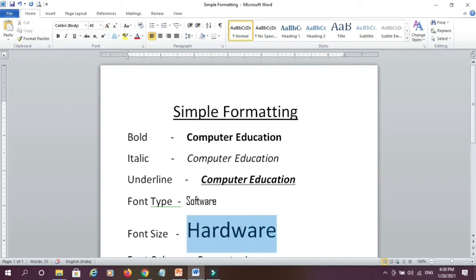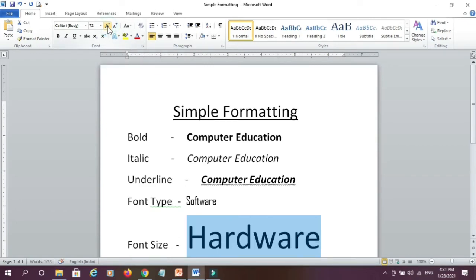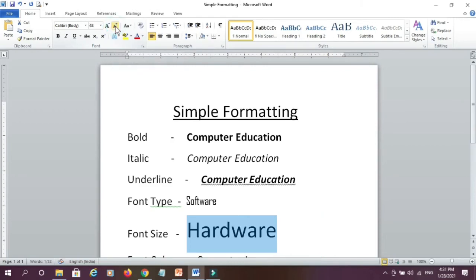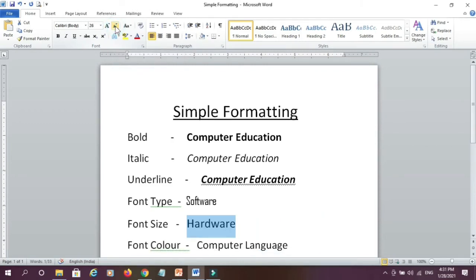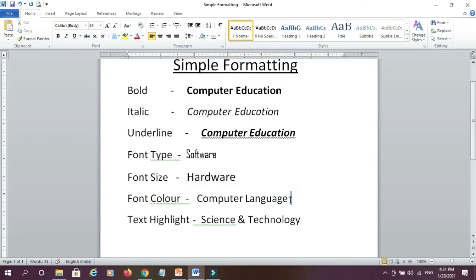Then you can note one more thing here. Here are two buttons. This is called grow font. It increases the font size, and this is called shrink font. It decreases the font size. So these are the two buttons for increasing or decreasing fonts if you want. Then I can change the font color.